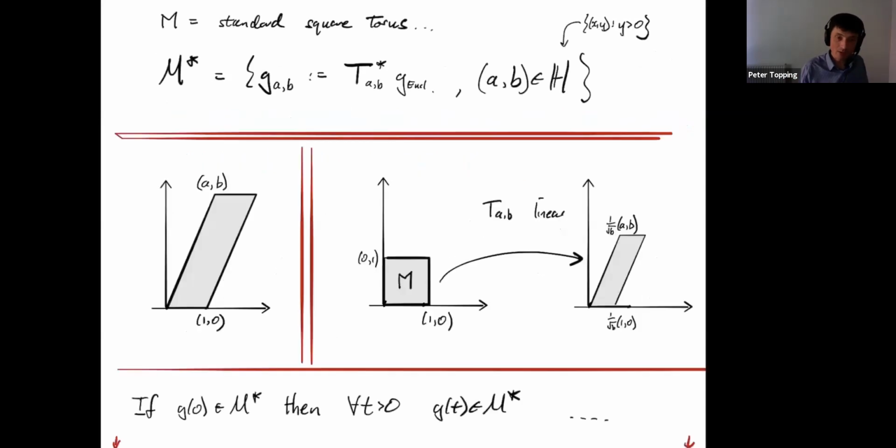So what is this space? So let me walk you through the slide, because I'm not going to take it in order. So I've said on the previous slide that M is the square torus, and I've drawn the picture of the square torus actually in the middle. So look at this bit first. So this is the standard picture of R^2, and I've got the unit square torus and done the usual identification of top and bottom and left and right.